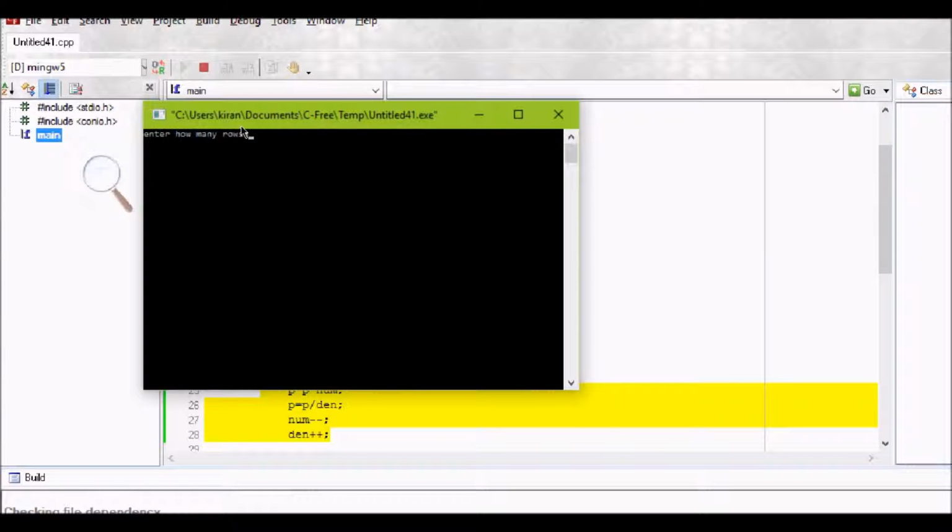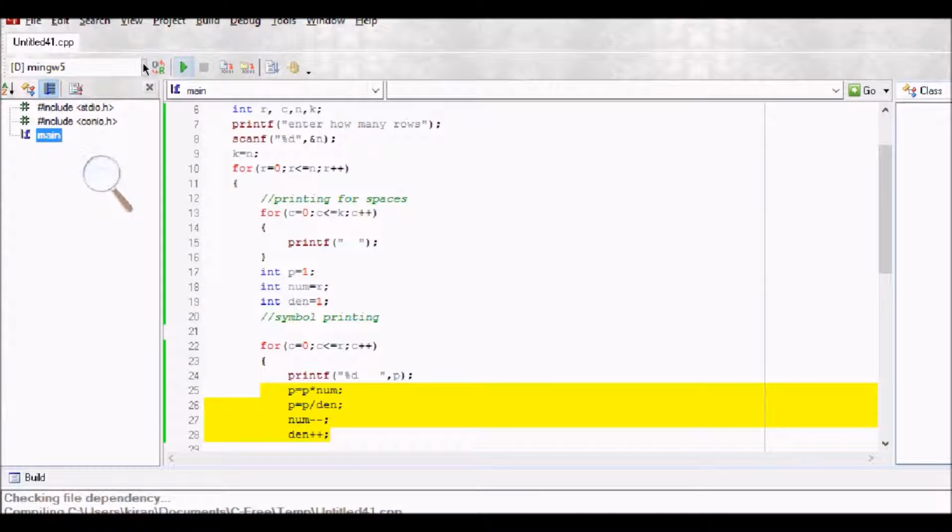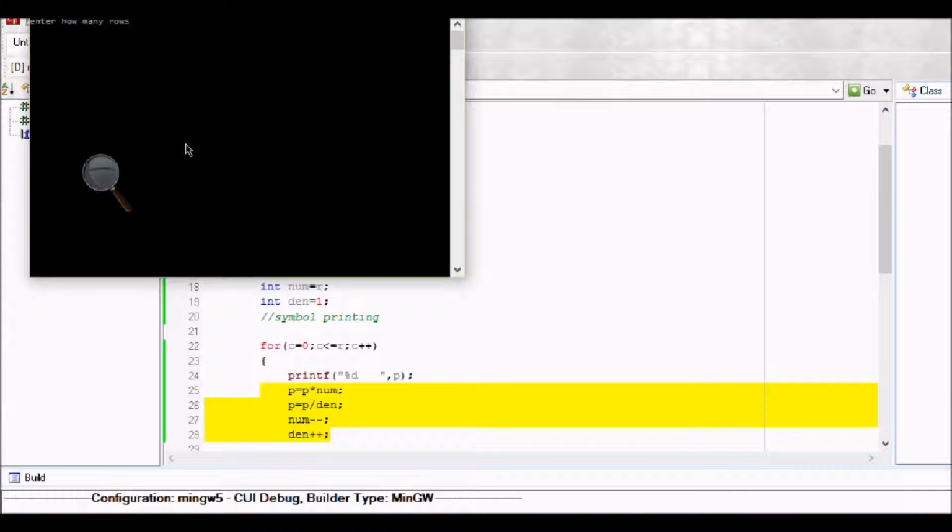So let us check it. So see here, 1 1 1 1 2 1 1 3 3 1. So this is how the logic works. So let us check with another value, that is 5. Okay, so in the edges we got the value 1, and in the middle we got the correct value, that is the addition of the row before.